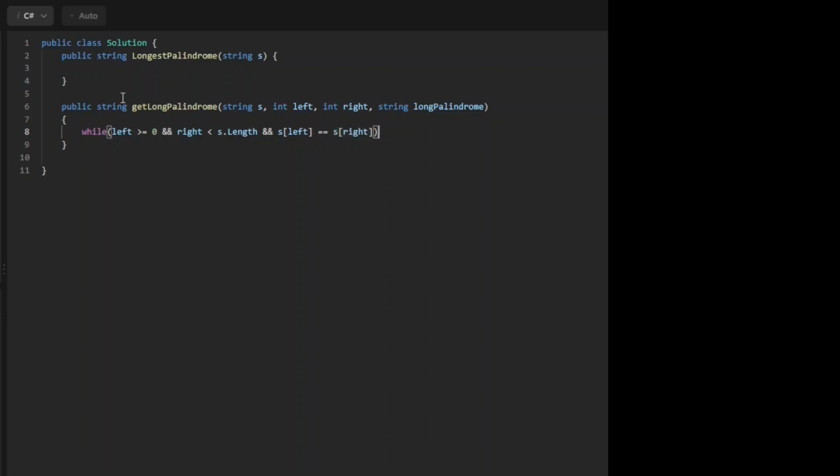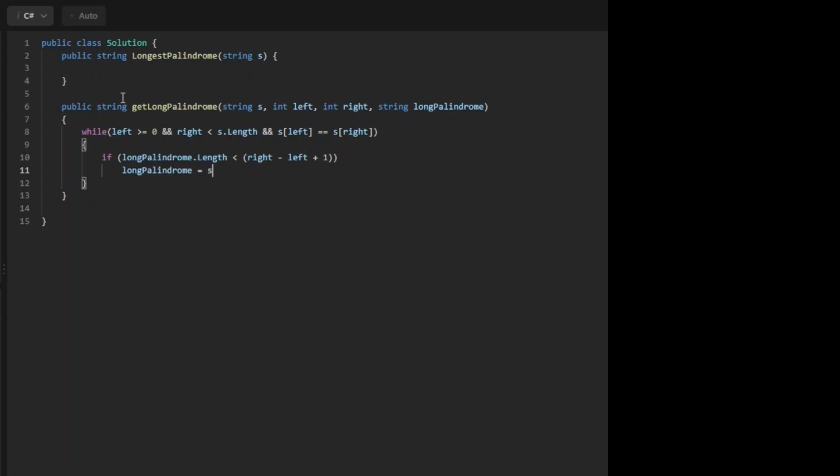So if these conditions are met, then the current substring is a palindrome. Now we need to update the long palindrome if its length is shorter than the length of the current substring. So the length of the current substring is simply right minus left plus 1. And if this is the case, we are just going to update the long palindrome